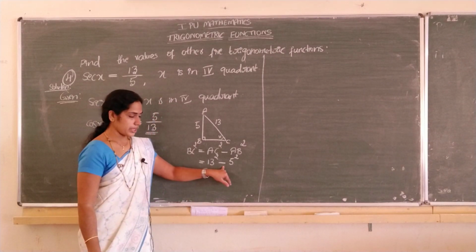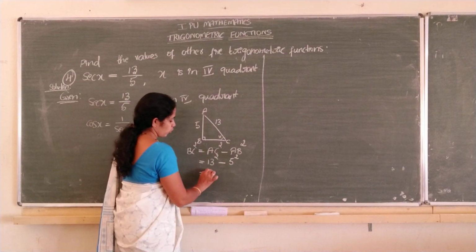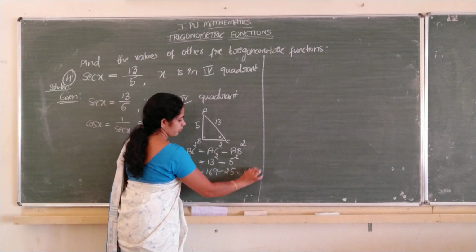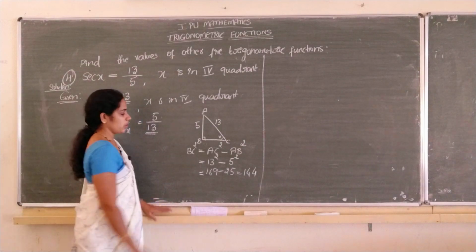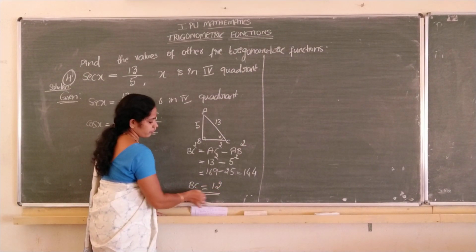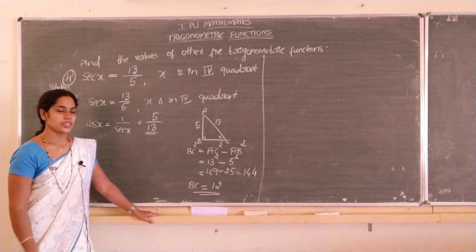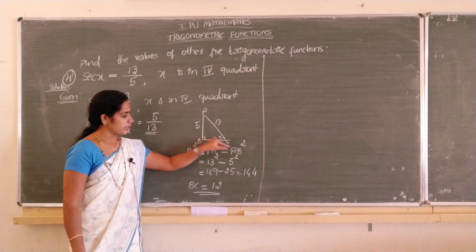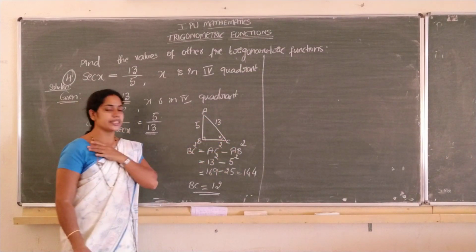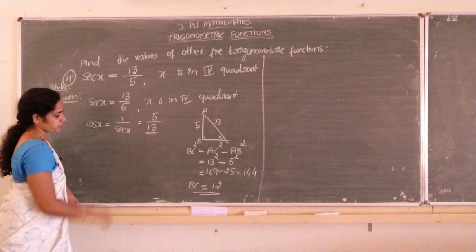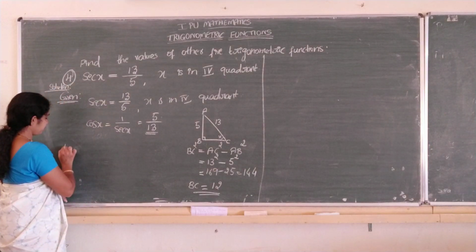169 minus 25. What is the value? That is 144. We need BC. Root of 144, that is 12. Plus or minus we can write, but here we are taking distance, so let it be plus. Okay. Now from the figure